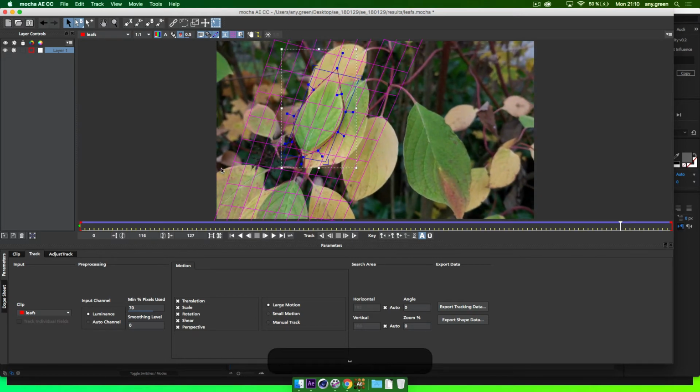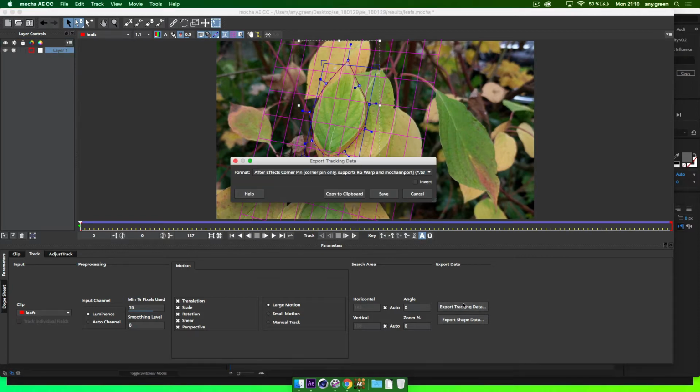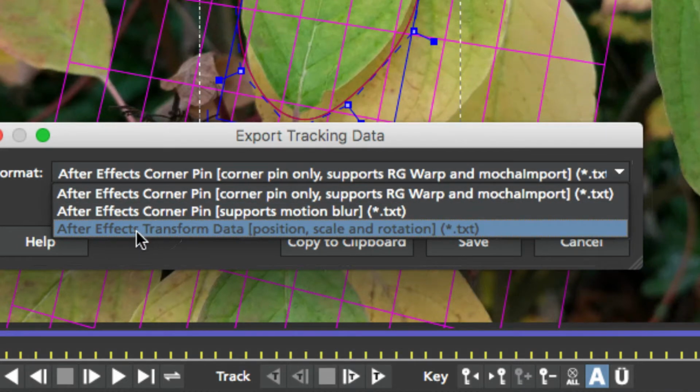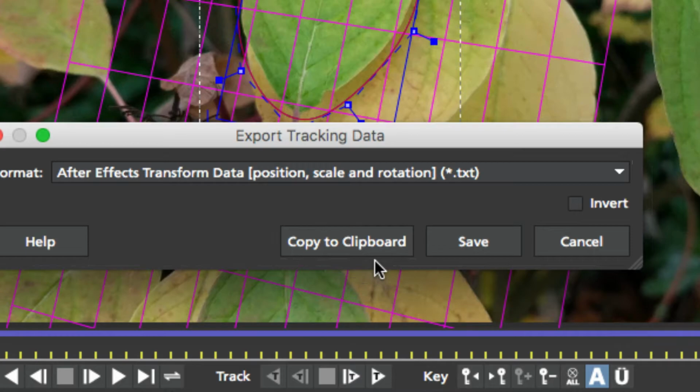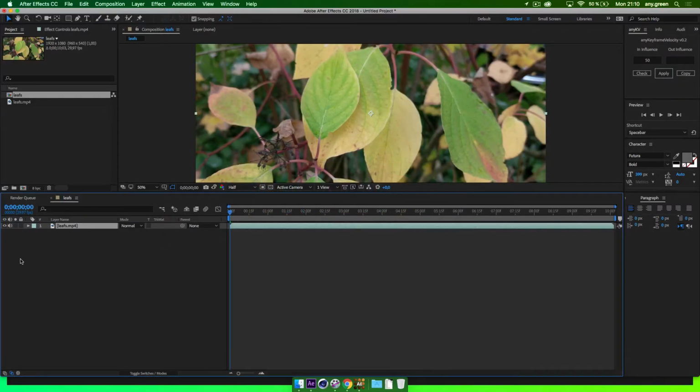So, we now have different options of what we can get out of this. First, we can get out of this just a simple null object. So we would have something similar to the point track that I did earlier. For that, I would need to have my layer selected, then I go to export tracking data, and here I have a drop down. And this is just transform data. I could say copy to clipboard, go over to After Effects,